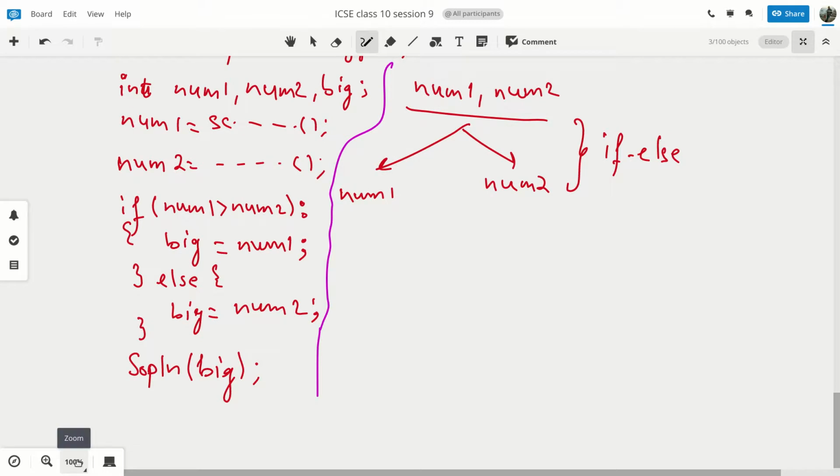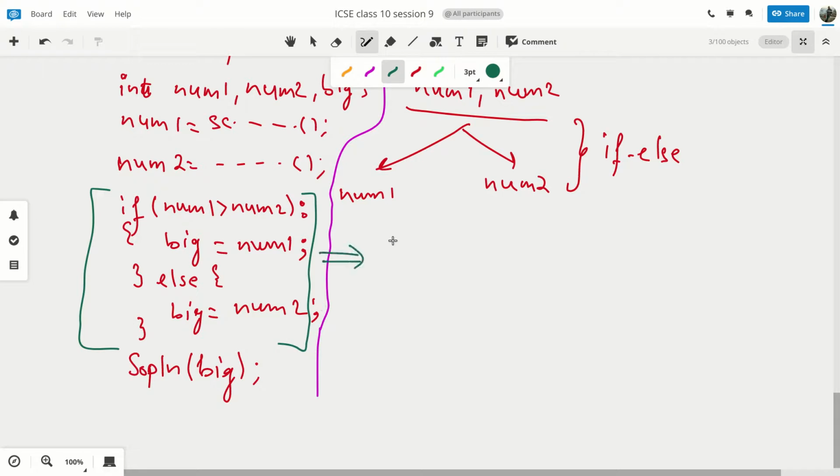Our aim is, what we are going to do next is, we will try to convert this entire portion using ternary operator in one single line. So the same thing, how we are going to do it, just follow.